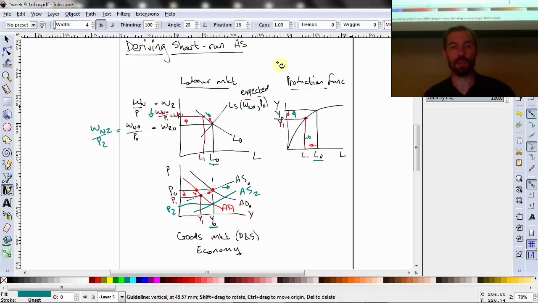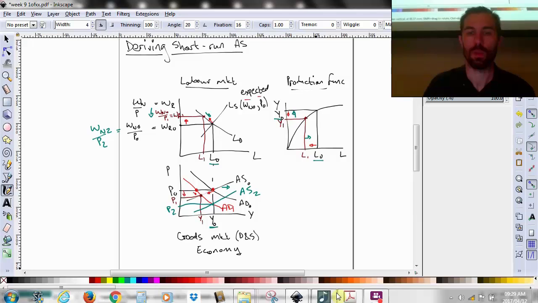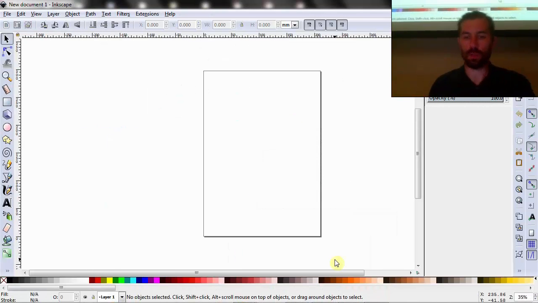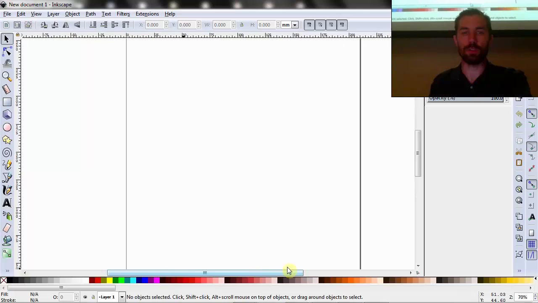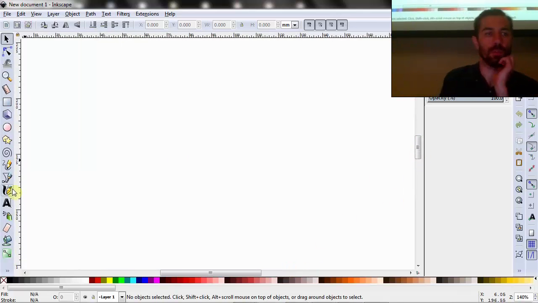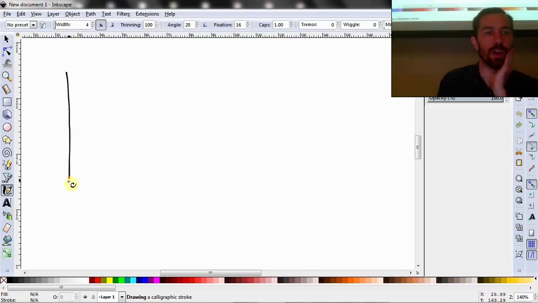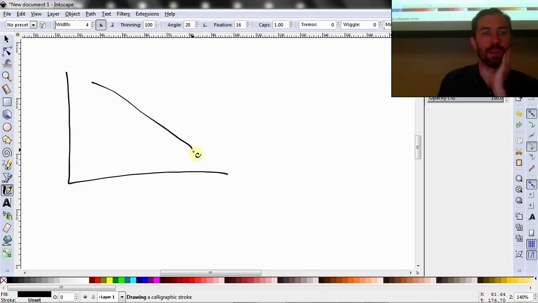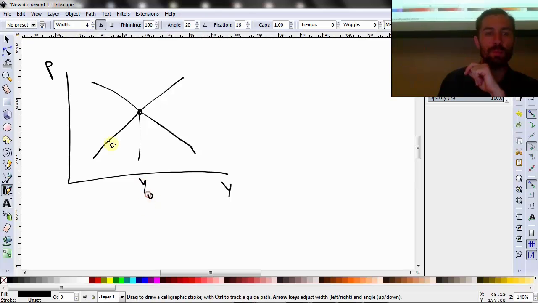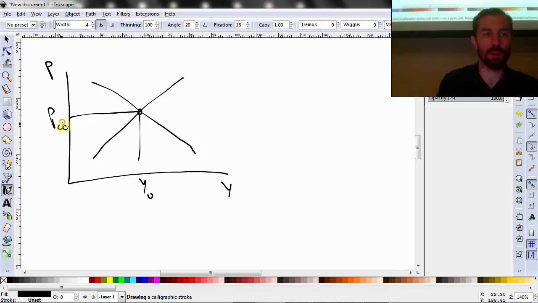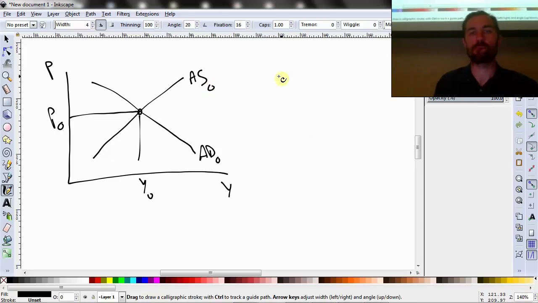what I'm going to do is just do a different document, just to start again from a clean slate. If we've got equilibrium in our economy at some level of output Y0 and some price level P0 with AD0 and AS0, then what we're saying is, over time,